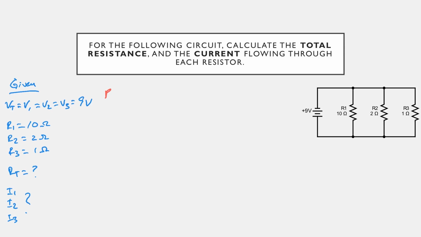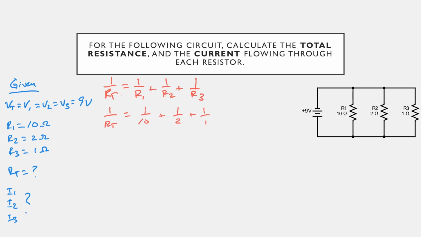So to find the total resistance, remember that 1 over RT is equal to 1 over R1 plus 1 over R2 plus 1 over R3. Let's plug in everything we know: 1 over 10 plus 1 over 2 plus 1 over 1. Now, if you have a scientific calculator, you can plug this right in as fractions. If not, you may have to solve however works best for you, convert to decimals and solve, or convert to common denominators and solve. However, we're going to plug this straight into a graphing calculator, which is going to spit